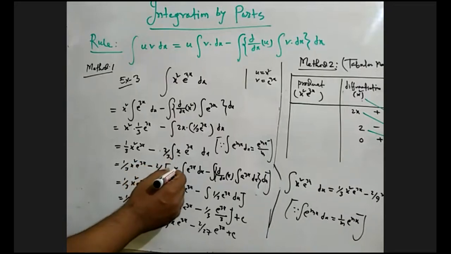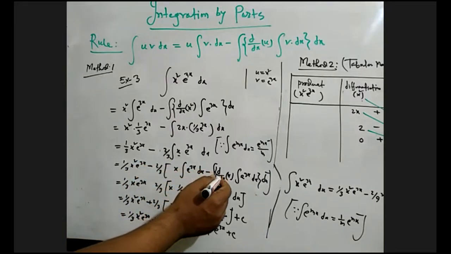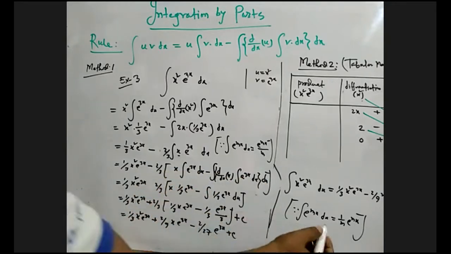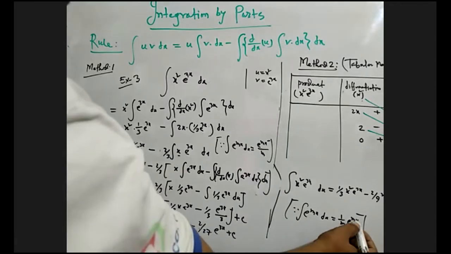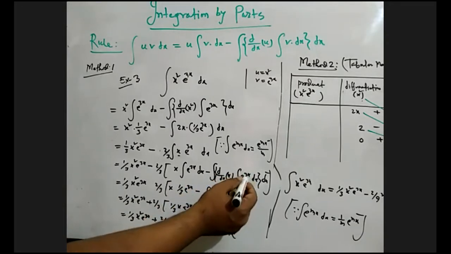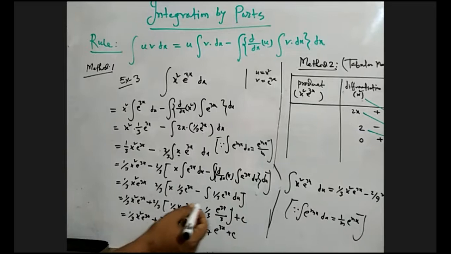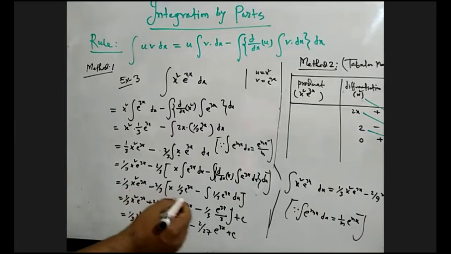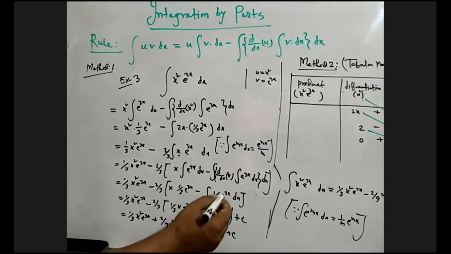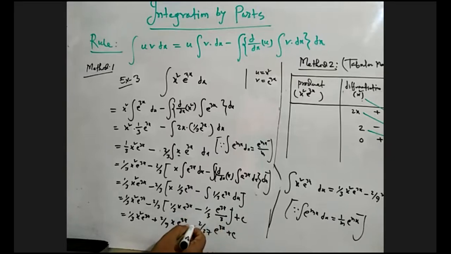Okay, 2 by 3 will be common, u into integration of v minus differentiation of u, integration of v dx. So x into e to the power thrice x formula what? 1 by 3 e to the power thrice x, using this formula, m equals to 3 here. So again differentiation of x what? 1, so integration of e to the power thrice x will be 1 by 3 e to the power thrice x dx. Now 2 by 3 will be multiplied, this will be minus, and this also minus, just multiply: 2 by 3, 1 by 3 x e to the power thrice x minus 1 by 3, again integration of this, what will be? E to the power thrice x by 3. So 3 3 what will be? 9. So minus minus will be plus, and this will be minus.